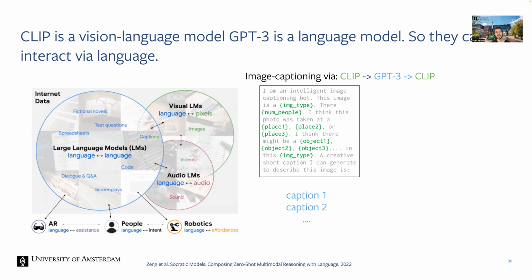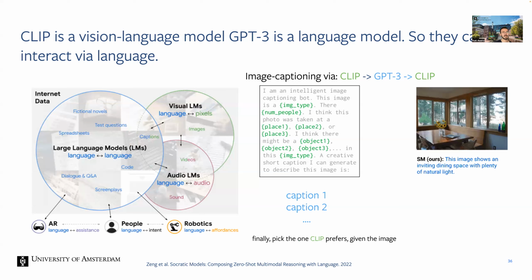you get a caption. Note that all these language models are probabilistic. If you don't always take the argmax, but instead sample the next word via some non-zero temperature, then you can get multiple captions out. And then you can pick the one which CLIP prefers, given the image. You could have also stopped at the previous step and just taken the one argmax caption, but I think they showed that this performs a bit better.